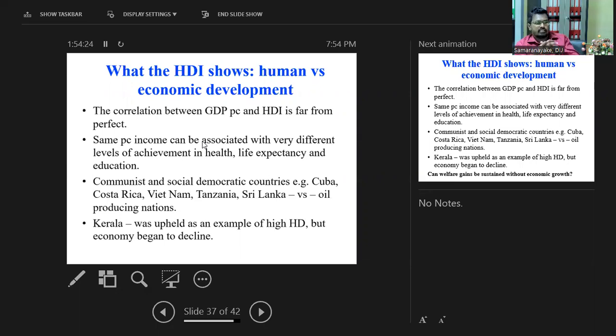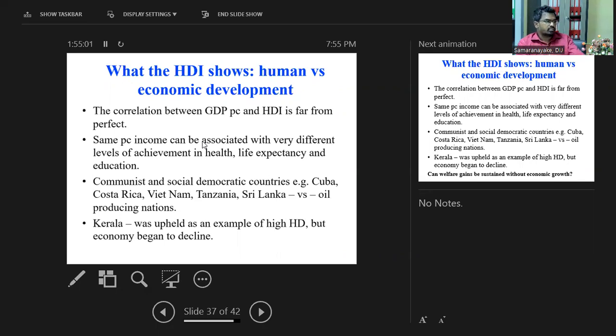So it's really good that we consider both when we compare countries or read about countries, right? But even both collectively are not strong enough to say everything about development, though they will say a bit about the economic development of a country. Here Kerala is another example, where we have a high human development index but the economy is not at a better standard. Sri Lanka is another good example nowadays. But now even our human development index is in a declining manner. So we have to admit that.